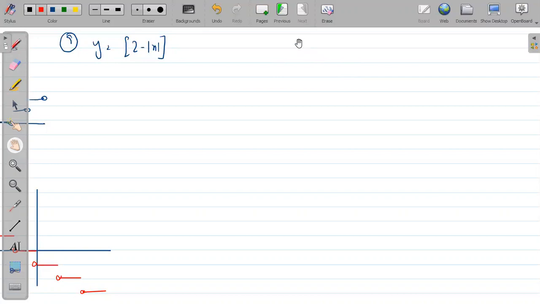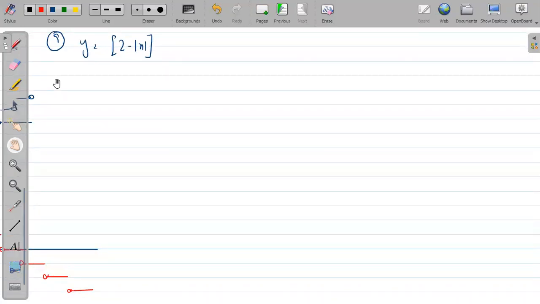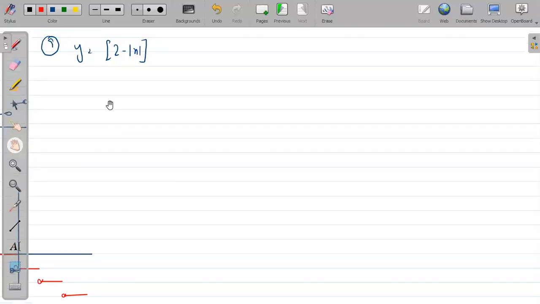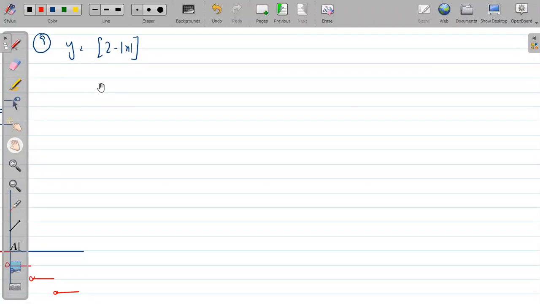Okay, let's see question number 9. Let's check it out. Question number 9, medium. Exercise only one you should do. No, yesterday I told you exercise number 2. Domain. What is the syllabus? Domain, odd even function, graphs, and periodicity. These 4 topics are this week's syllabus. Range is not there. Range is next week's syllabus. That's why I have not completed it.